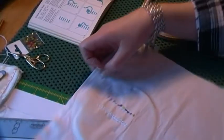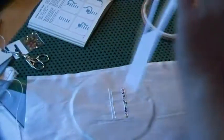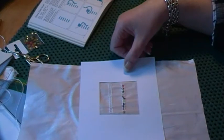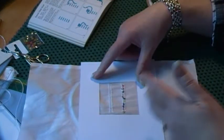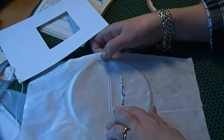Right, as you can see, I finished that band with the sequins. Now, isn't it lovely? And if you get your viewer, if you think about this as a standalone piece, it's hard to appreciate it on the bigger thing. But if you imagine it properly edged and mounted in whatever vehicle I decide to mount it in, when I get to the end of this. So there, that looks a bit...